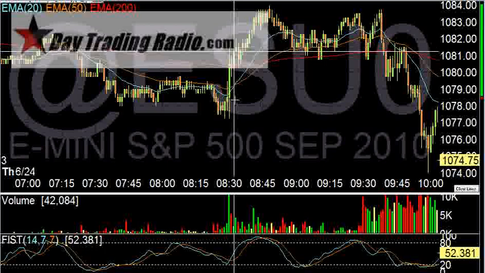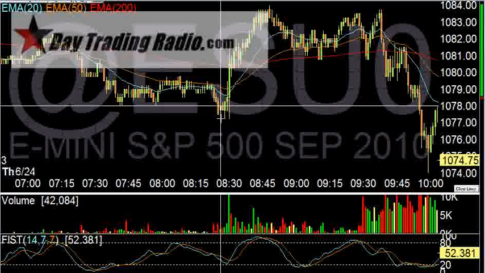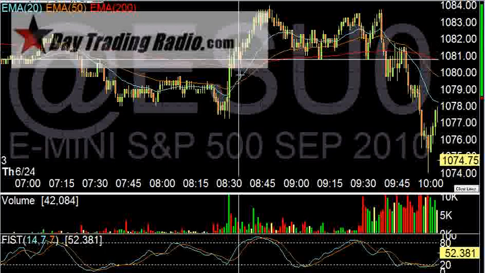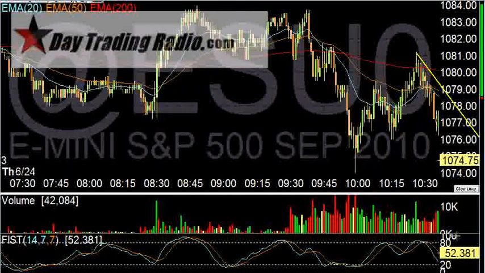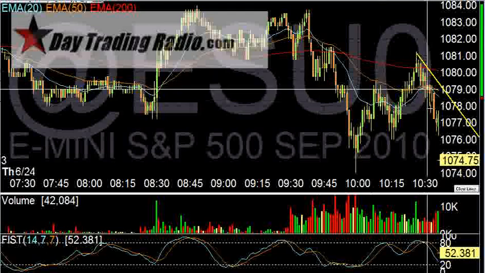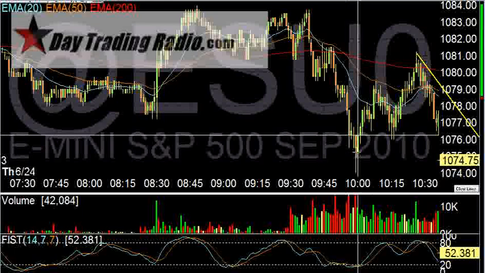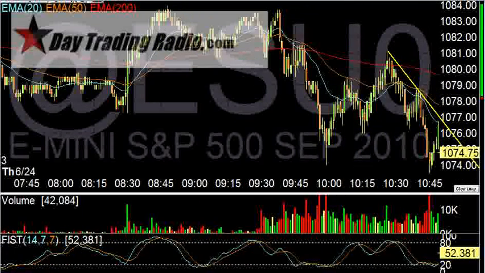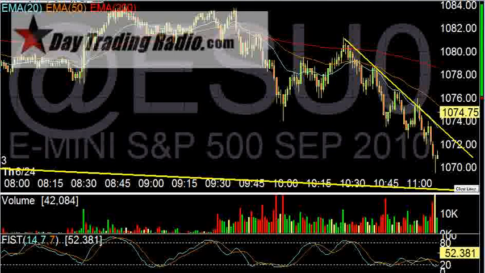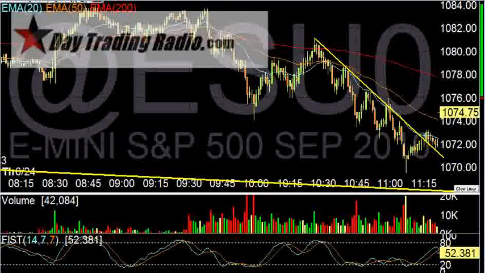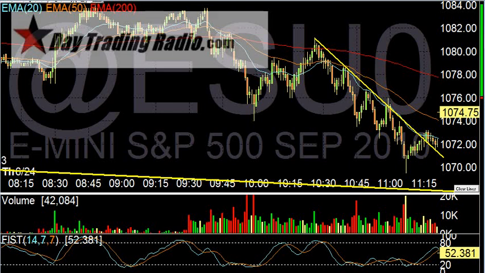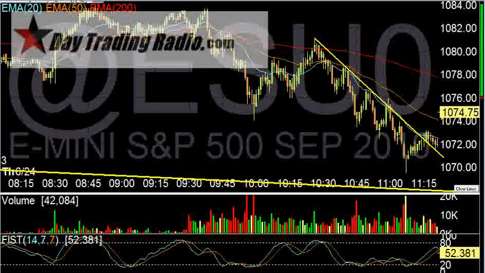This is Thursday pre-market. We had the initial jobless claims, and we spiked up on that in pre-market. Then the market opened up and we started selling. So at this point, I'll click it over here and take a look. During the week, I'm setting up during the day as the market's going. I'm placing these trend lines live, so you're actually seeing the trends and the setups as they're happening. But now I like to go back and take a look at exactly what I was looking at back there, not being in a stressful situation where there's a live market and you can't really absorb it. You're just spotting it and trading off of it.